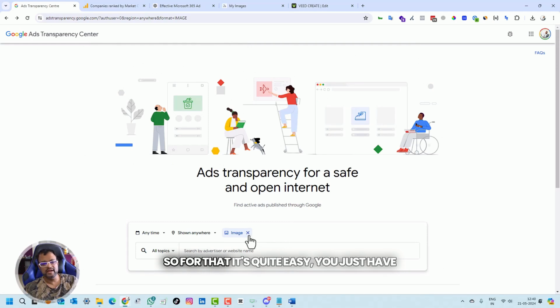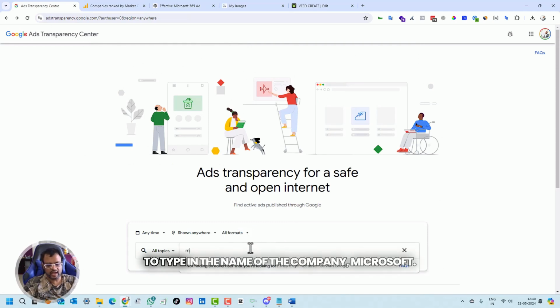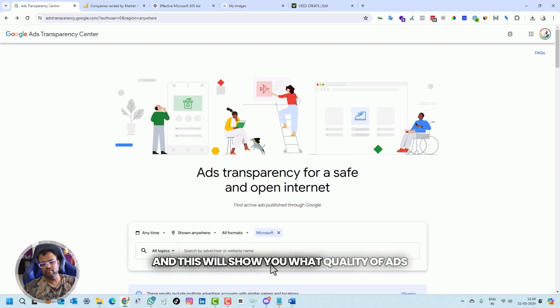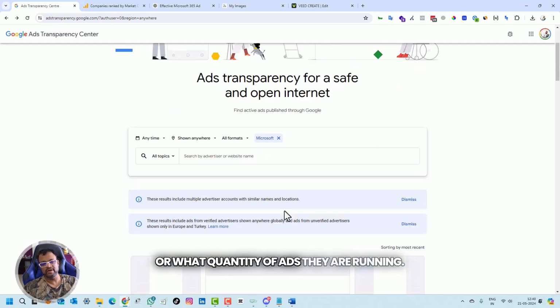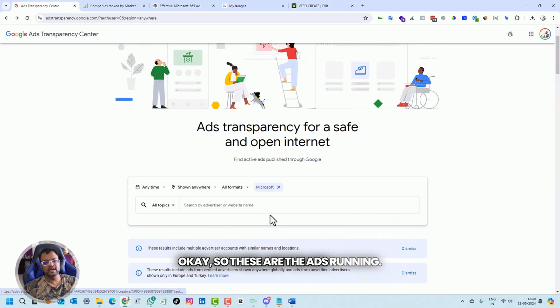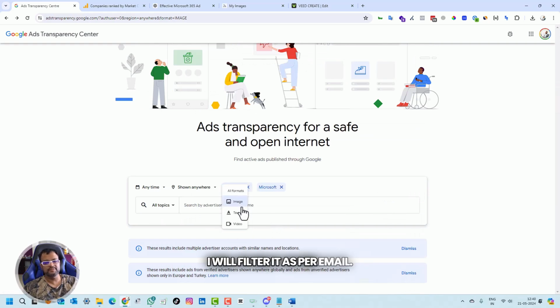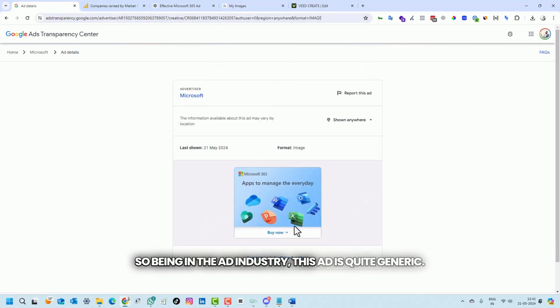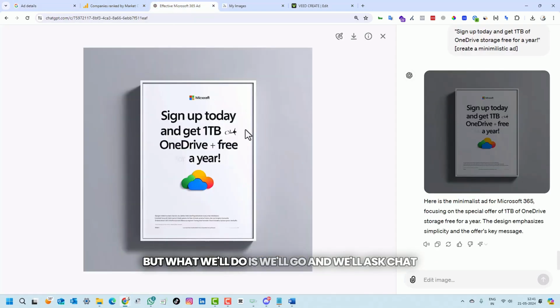For that, it's quite easy. You just have to type in the name of the company, Microsoft, and this will show you what quality of ads or what quantity of ads they are running. Okay, so these are the ads running. I will filter it as per email. Yeah, so this is the ad basically. Apps to manage. So being in the ad industry, this ad is quite generic, but what we'll do is